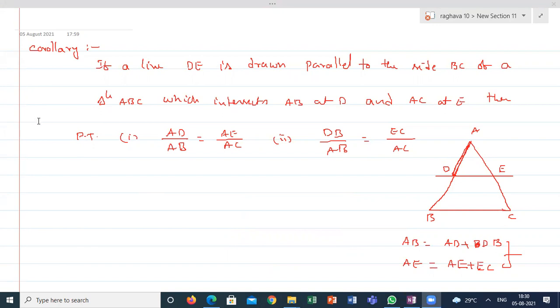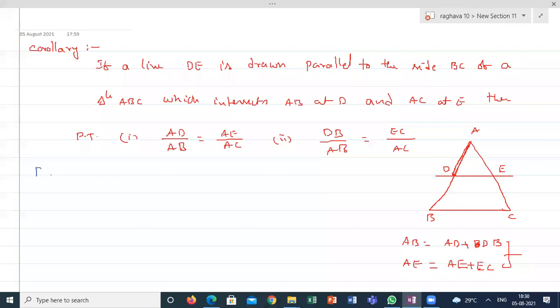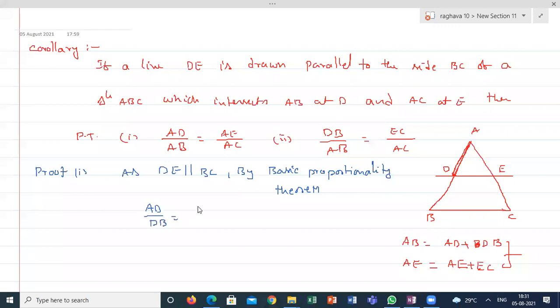Now, applying the basic proportionality theorem. If I am applying the basic proportionality theorem, what I will get here? First one I am proving. Yes, DE is parallel to BC, so by basic proportionality theorem, what statement can I write, guys, from the previous theorem? I can write AD by DB is equal to AE by